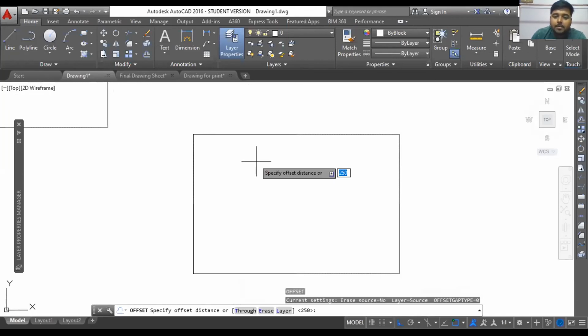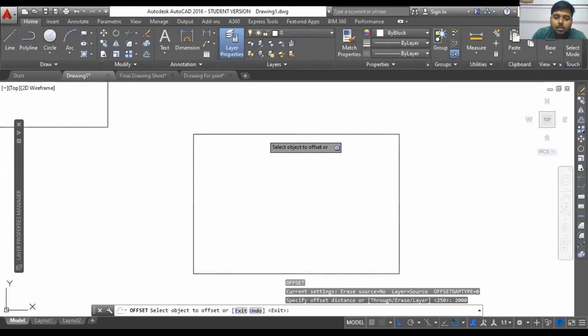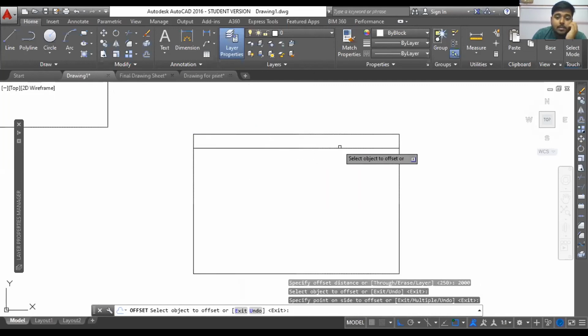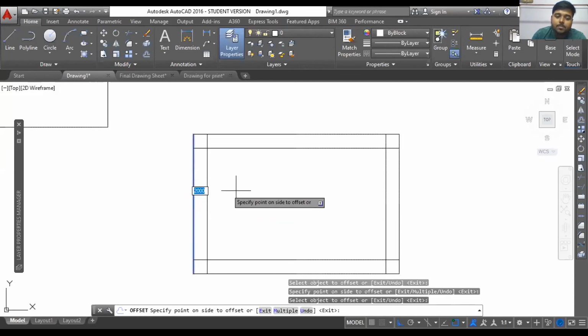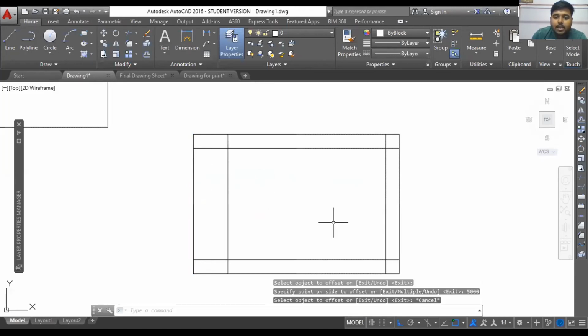Let's say O, enter. Then I need to specify the distance. Maybe from the side I want to provide a distance of 2 meters, so 2000 mm. So this much space I'm providing inside my plot. Maybe from the left side as well, and maybe from the right side. Let's suppose this is the front. This left side is my front. Okay, so in that case, maybe from the front I want to provide more, like 5 meters. Then I can enter 5000. So this is the area.